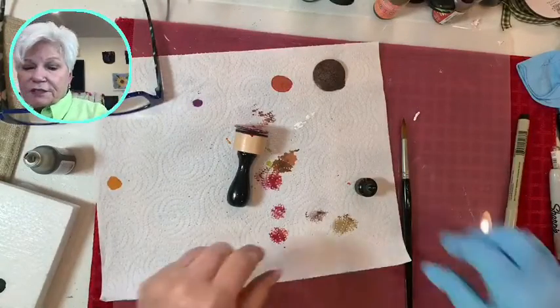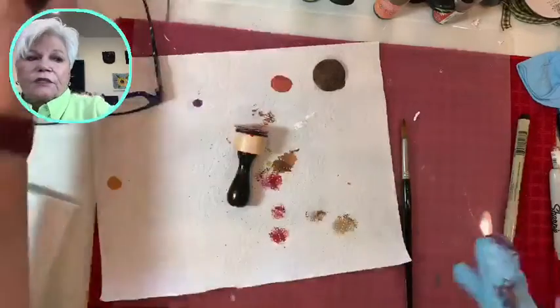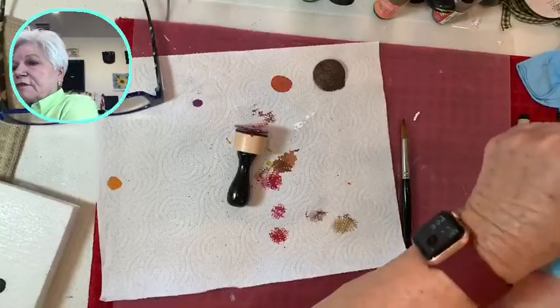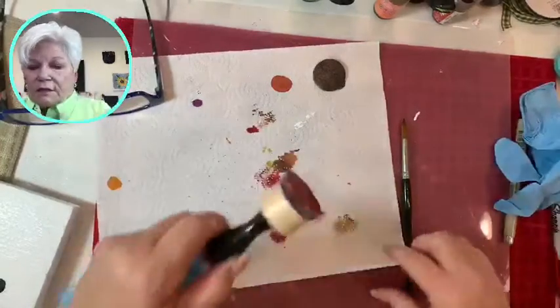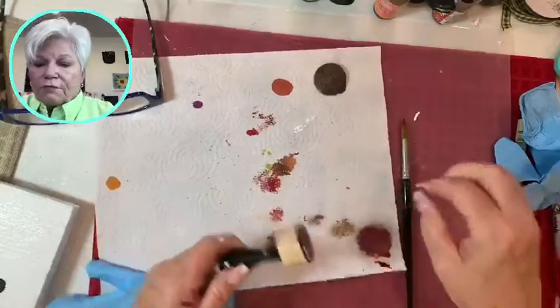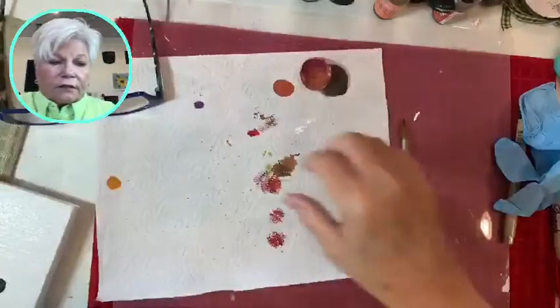We just finished this. And I'm going to take this glove off now because I don't think I'll need it for what I'm going to do next. But we're going to finish these spoons, and